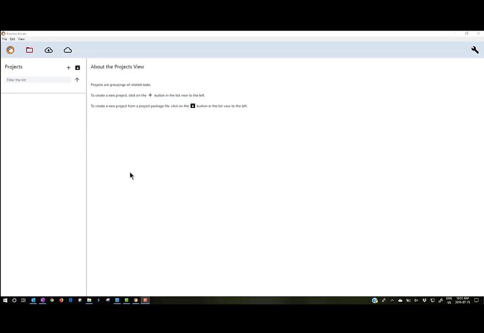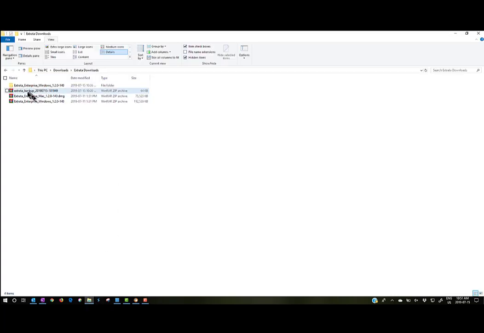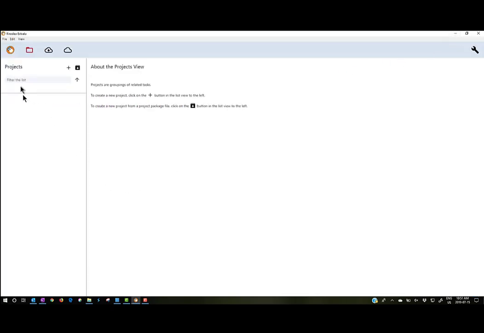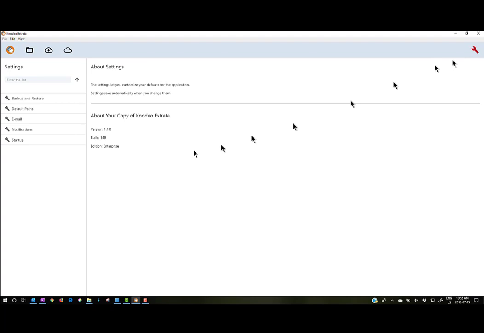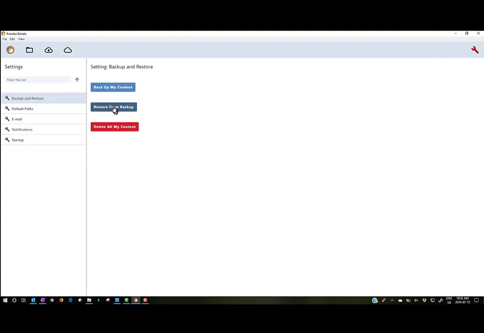Step 2, restoring our Extrata Enterprise templates to save you time and get started very quickly. You should have received a backup file. The date may be different, but it should be called Extrata Backup. Within the Extrata product, quite simply go on the right hand side to Settings, go to Backup and Restore, click Restore from Backup,